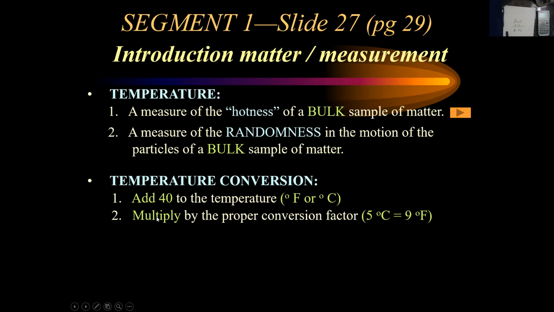So in this step 2, you either multiply by 5C divided by 9F, or you multiply by 9F and divide by 5C, whichever way you need to cancel the unit you want to cancel and get the one you want. And then the last step is just to undo what you did in step 1. You subtract 40, or add minus 40, to that new converted temperature, and that will give you the temperature